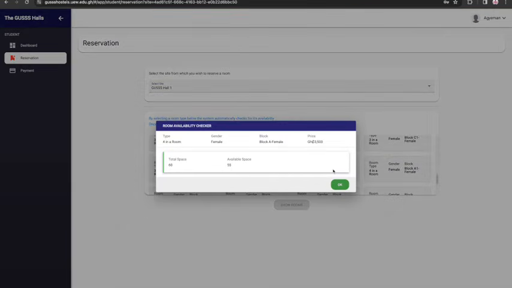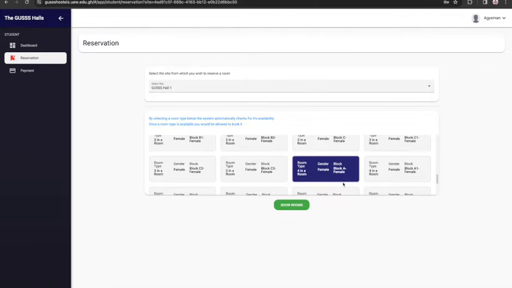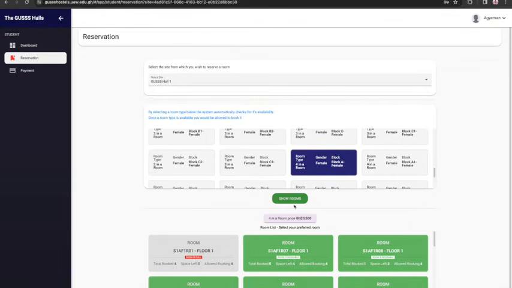So once you click on the block, it tells you that the total space for that block is 60, and then the available space is 55. So you click on OK to select that block. After selecting that block, you click on show rooms. This is going to give you the list of all the rooms that are available for that particular block